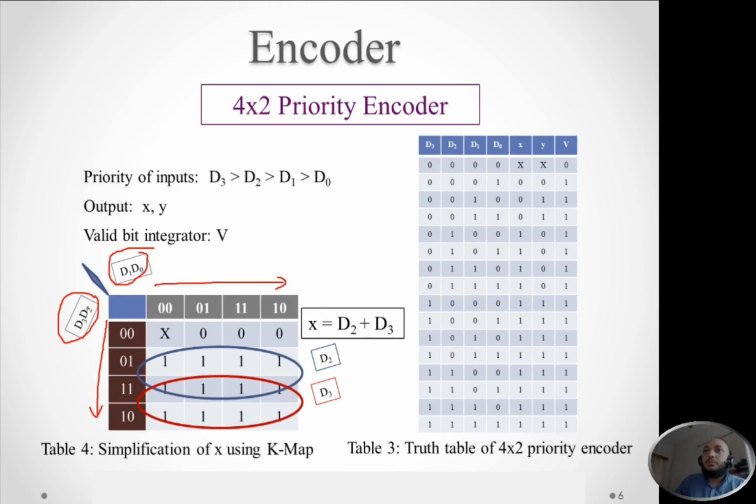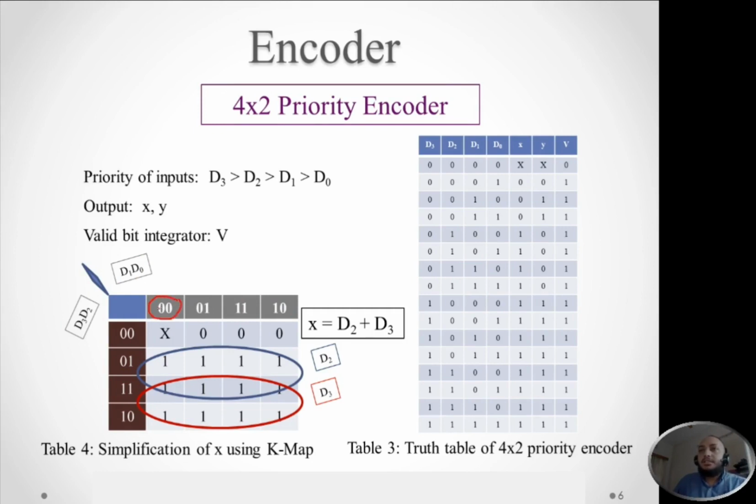As there are 2 inputs row wise, there will be a total of 4 states which will change along the row, and similarly as there are 2 inputs along the column, the 4 states will change along the column. In K-map, we need to put the states in such a way that the neighbor states differ from each other by only 1 bit.